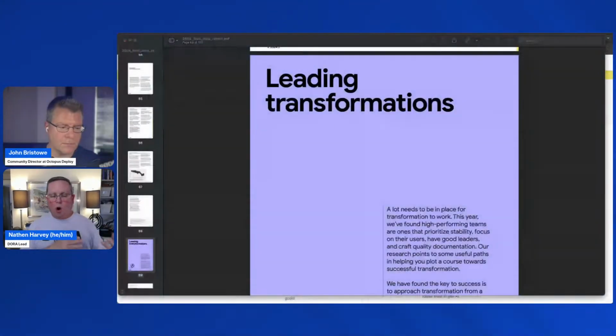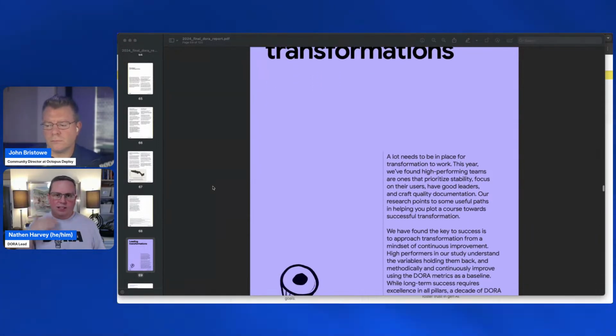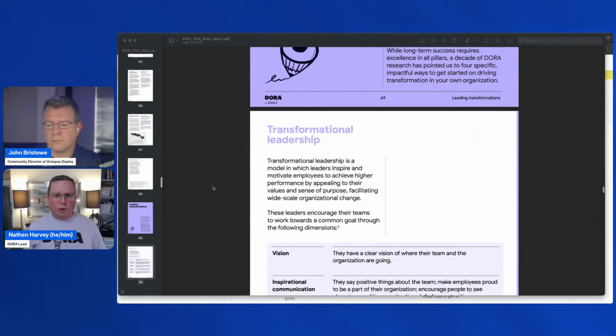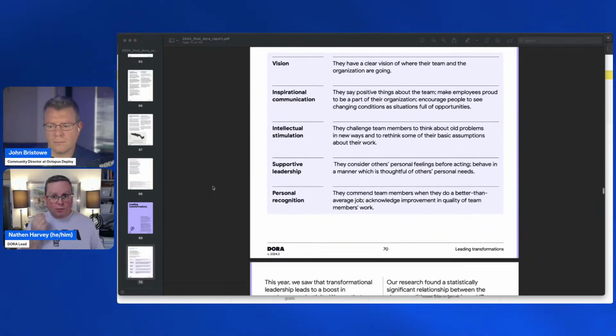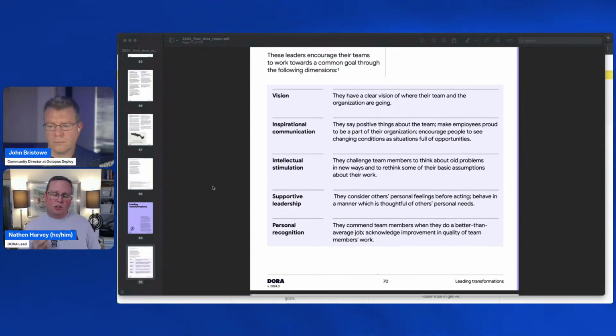And one of the things that we saw this year when we looked into developer experience and things like leadership was that constantly shifting priorities is really harmful to the people on our teams. In fact, when you're always shifting priorities from one week to the next or one month to the next, that tends to lead to higher levels of burnout on your team, lower levels of job satisfaction, and so forth. So one of the very concrete things you can do as a leader is do what you can to set good organizational priorities that have tenure, that they kind of stick around.